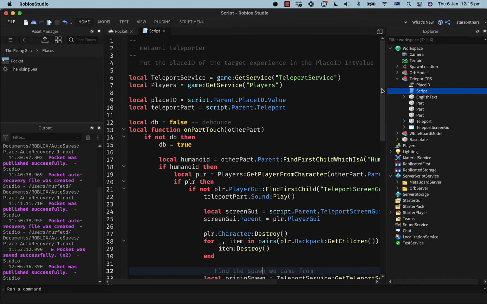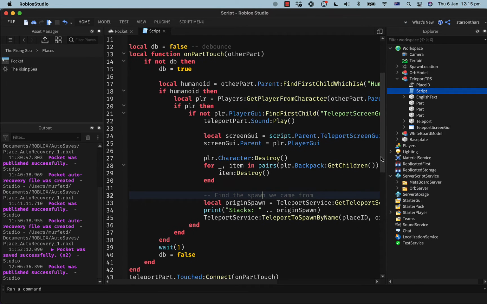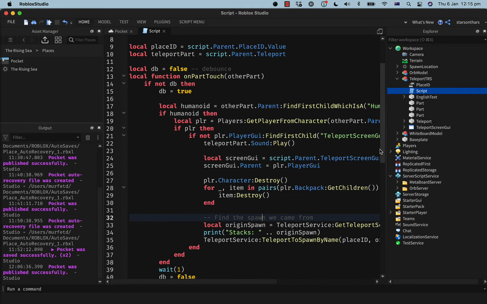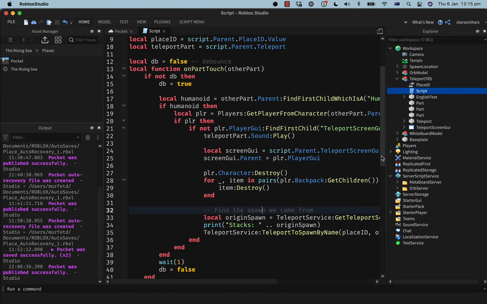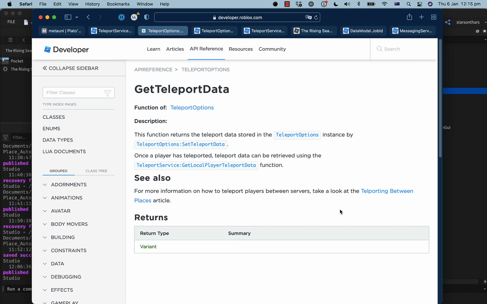Okay, so here though, with the player, I need to maybe attach some information to the player. What's the best way of doing that? When the player gets into the server, they'll have teleport data associated to them.